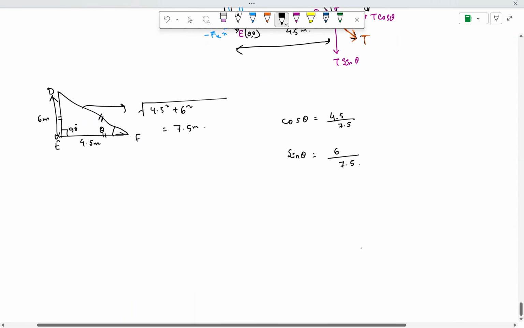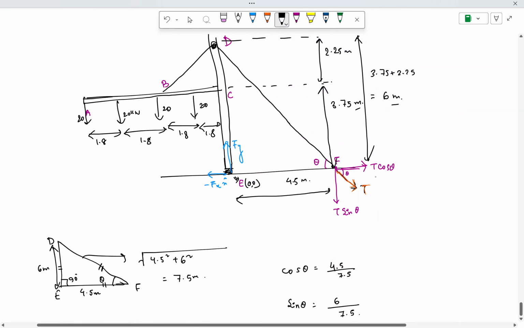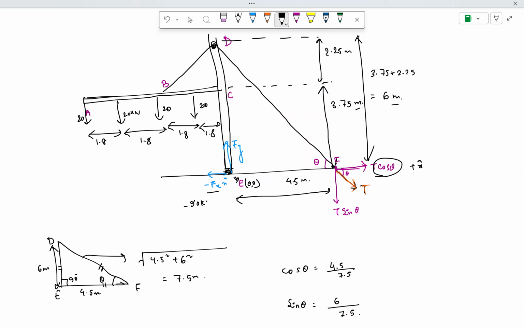Right. Now let us balance out all the forces in the x direction. One is this T cos theta, which is acting in the plus x cap direction. Then the other force is this contact force's x component, which is in the minus x direction with a value of minus 90 kilonewton x cap, which is mentioned in the question. If you think about it, all the other forces are in the vertically downwards direction, like these forces are in the y cap direction. This Fy is in the y cap direction, and T sin theta is also in the y cap direction. So there are no other x cap directional forces except for this one and this one.